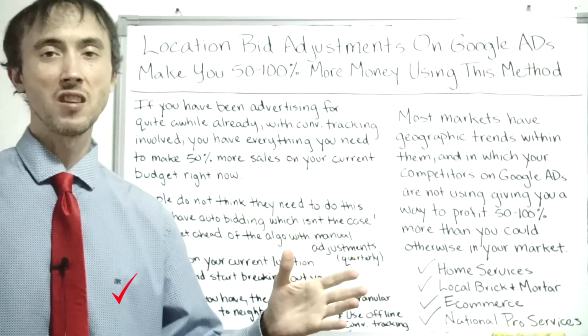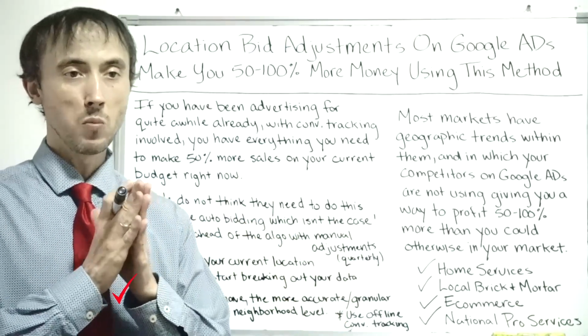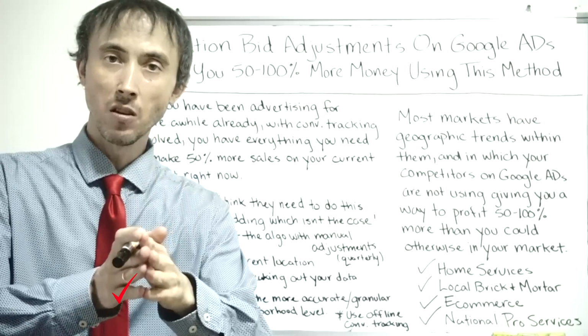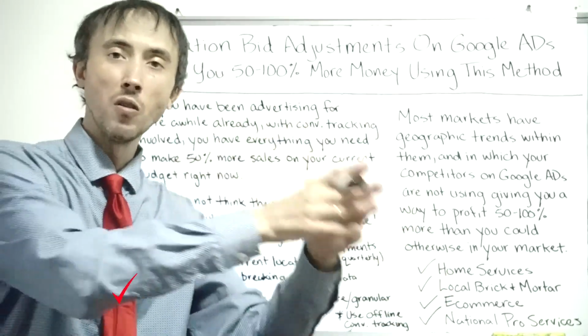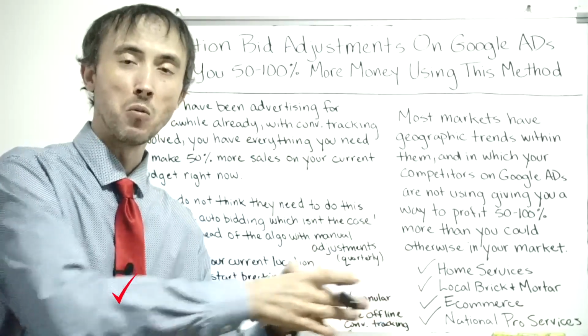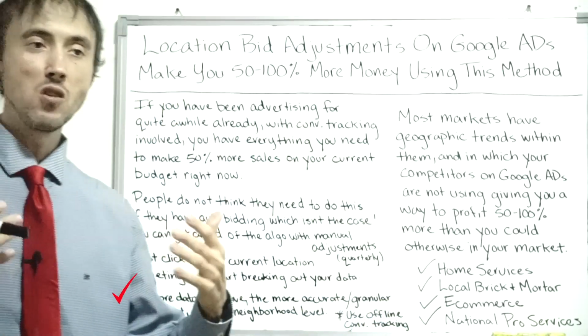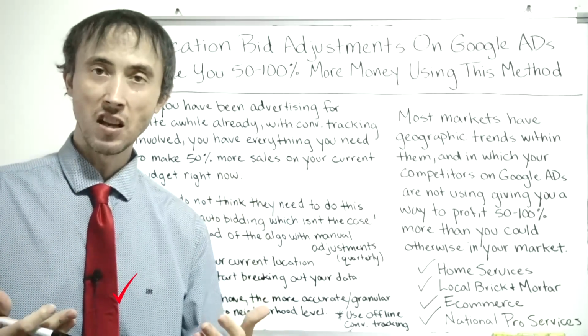And actually the way that the system's working is it's going to use the bid adjustment you put at the city level over the state level. So if you have a bid adjustment at the city level, it will override what the state level bid adjustment was. Obviously you can't do bid adjustments on every city across the United States,